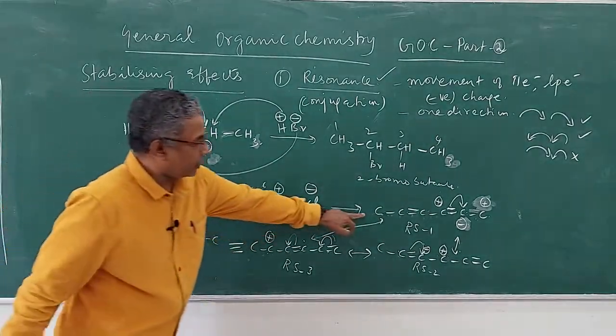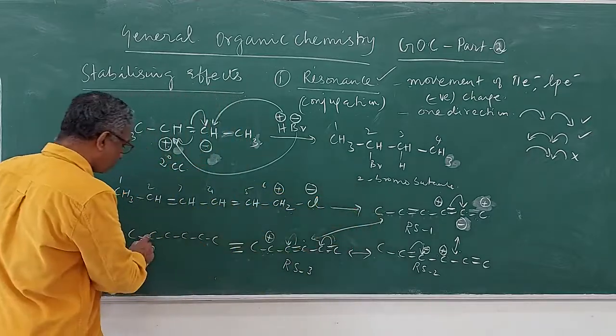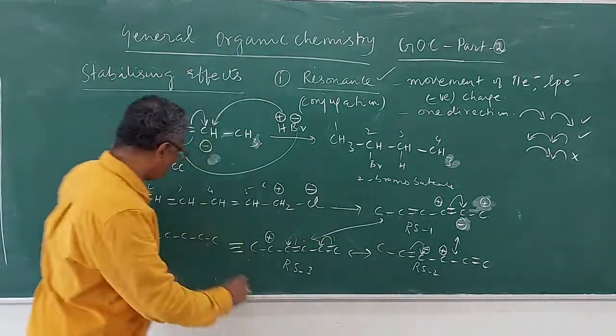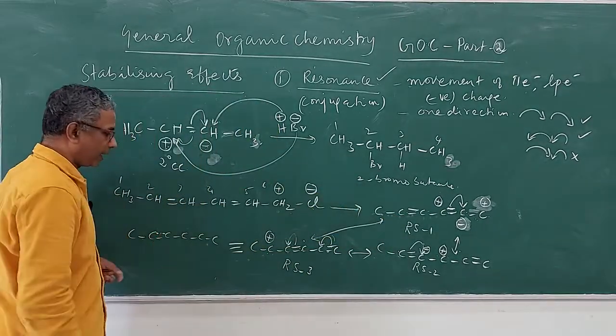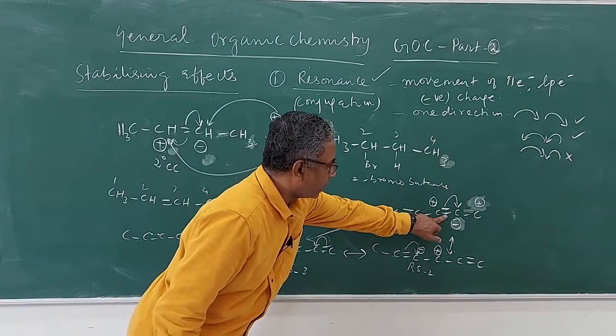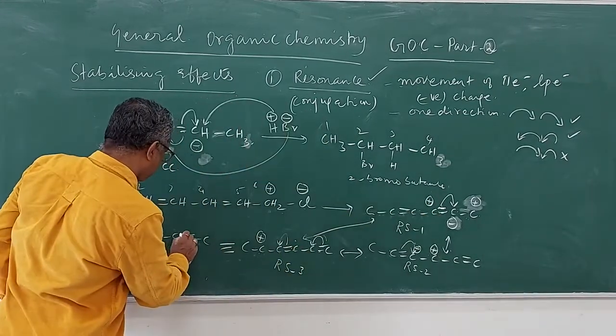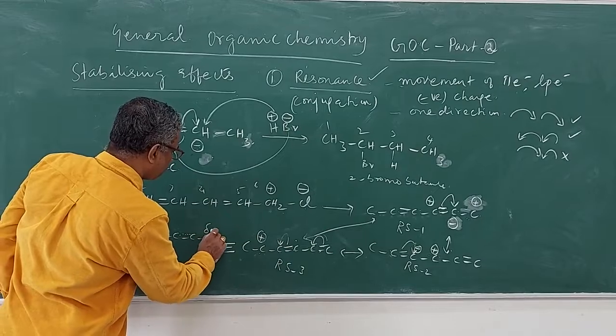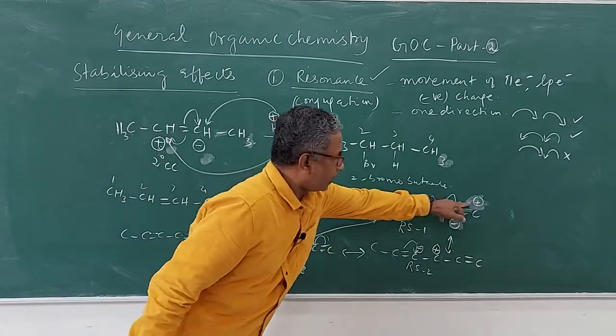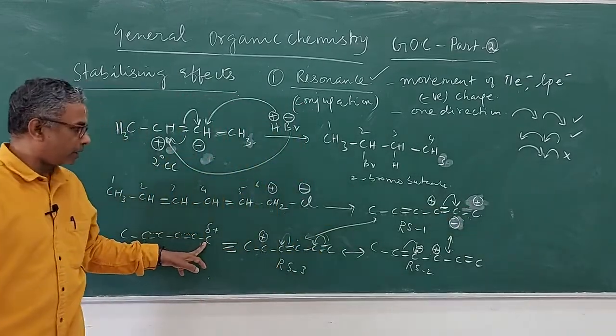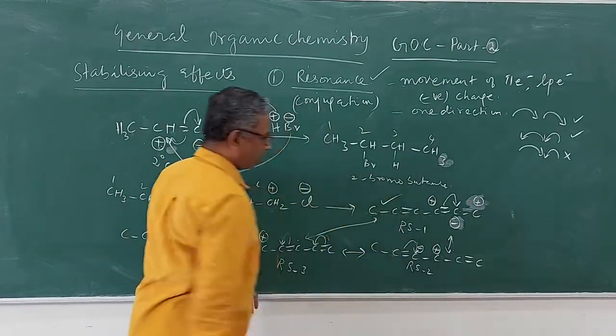If you take resonance structure 1, you have a double bond here, so you put a dotted double bond here, and then you have a double bond here, so you put a dotted double bond here. The carbocation is here, so you put a delta plus here. So this structure's features you have incorporated.